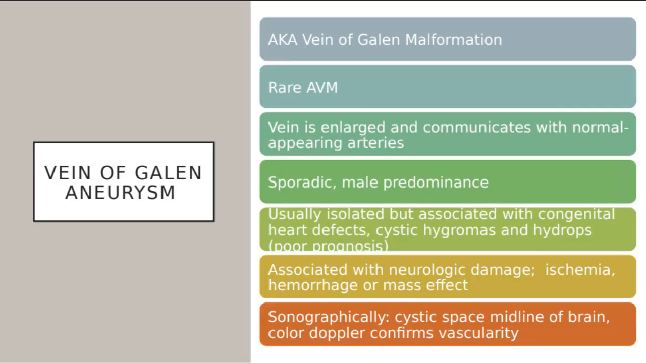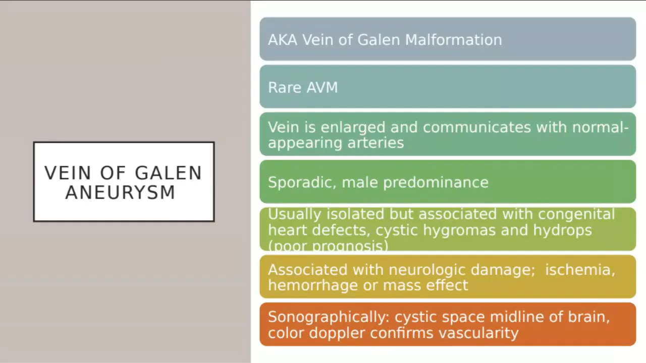Next, we have vein of Galen aneurysm. This is, again, not something that we are doing routinely. This is something that you kind of need to be aware of. If we see any sort of abnormally cystic area in the brain, what is the first thing we are going to do? We're going to say, can I put color on it? If you put color on it and it lights up like a Christmas tree,